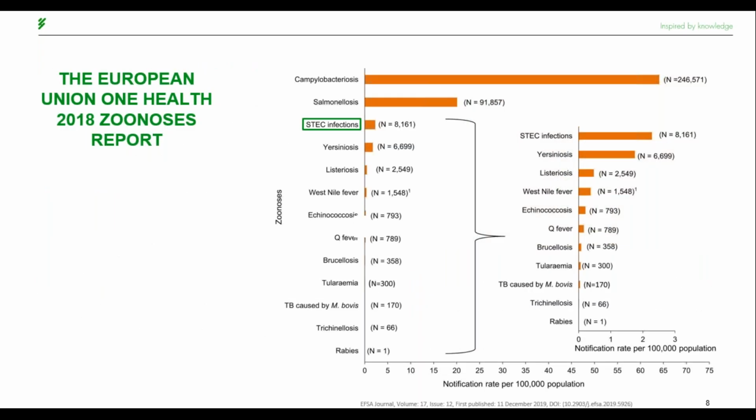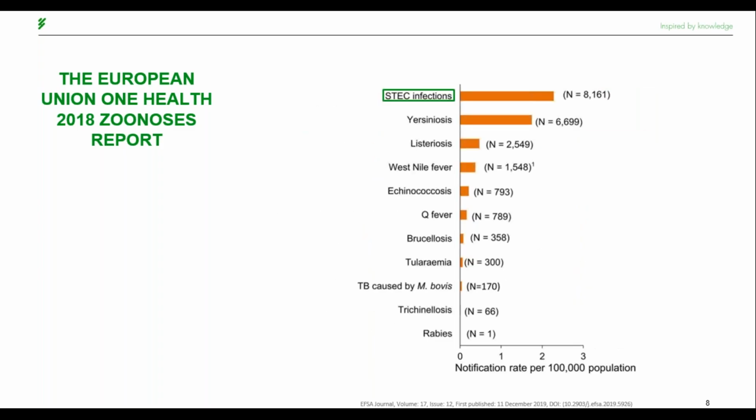To visualize the importance of STEC, we are looking at a chart from the European Union One Health 2018 Zoonosis Report, which was published last December. In 2018, STEC infections were the third most commonly reported zoonosis behind Campylobacter and Salmonella infections. It may not be as shocking as Campylobacter infections, however, it still accounted for 8,000 confirmed cases in the EU